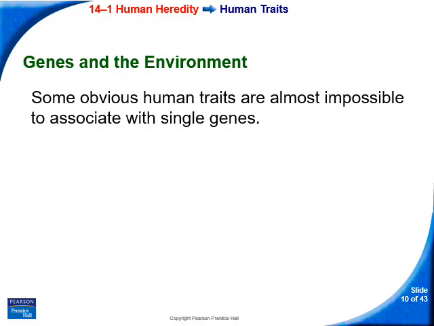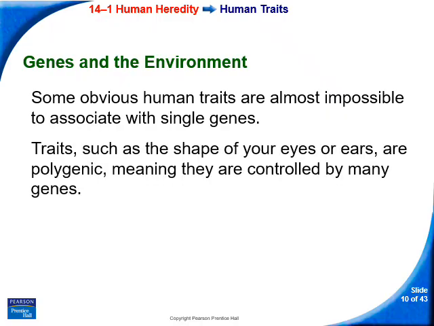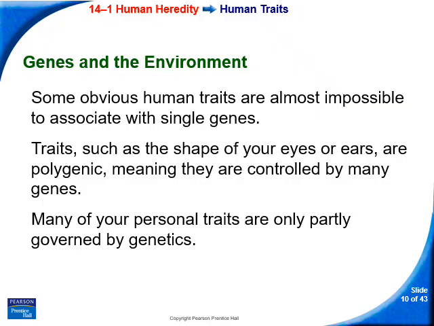There are some obvious human traits that are almost impossible to associate with single genes because most of our traits are actually polygenic. Traits such as the shape of our eyes, the color of our eyes, the shape of our ears are really polygenic. I cannot even think of a single trait in our human body that is expressed because of a single gene. Our traits are controlled by many genes,